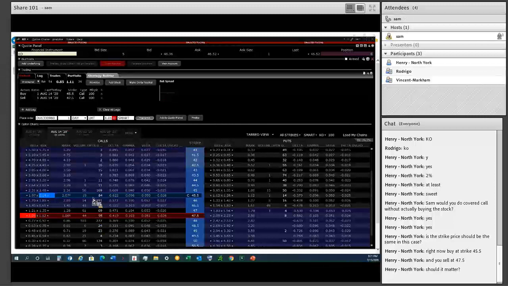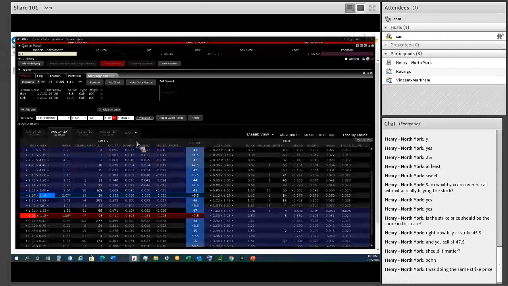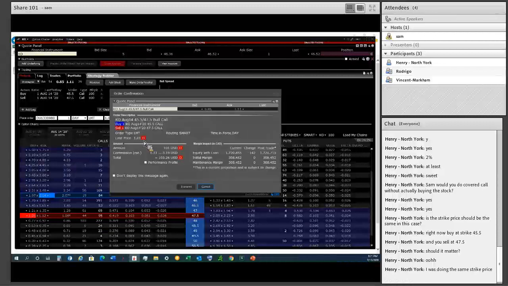The only time you'd have the same strike, it's a different strategy, it's a diagonal trade. I don't want to get into that right now. That's a more complicated trade. But this trade is buying the option, selling the option, so they need to be different strikes. Does that make sense? Because it's the same month. So let's transmit this one, folks.